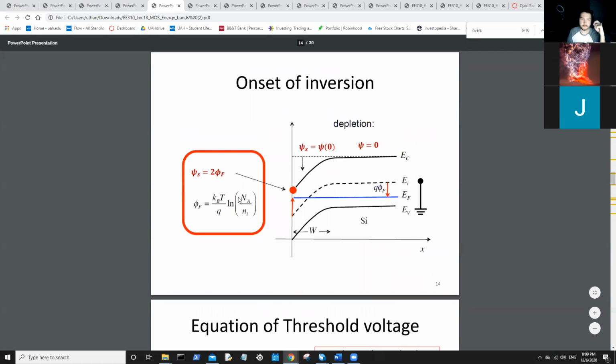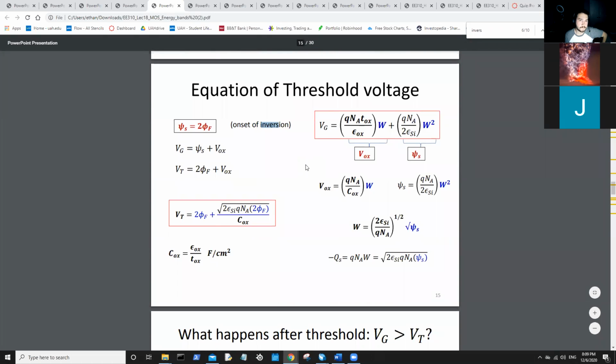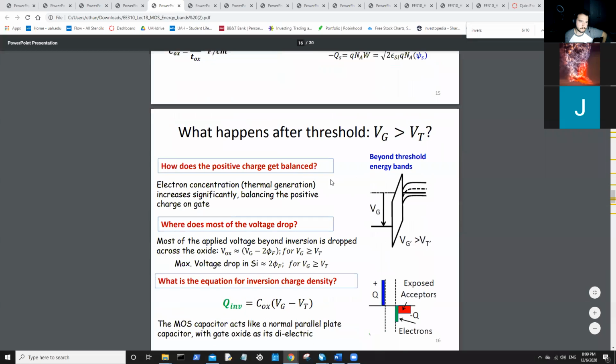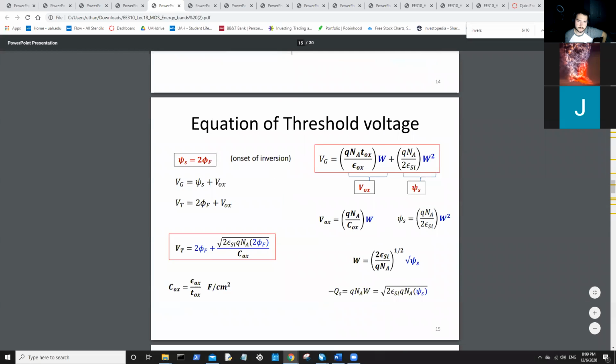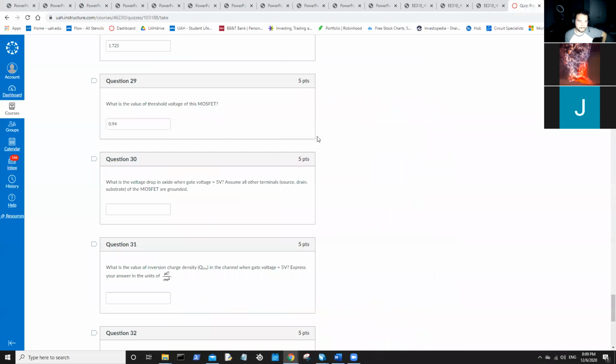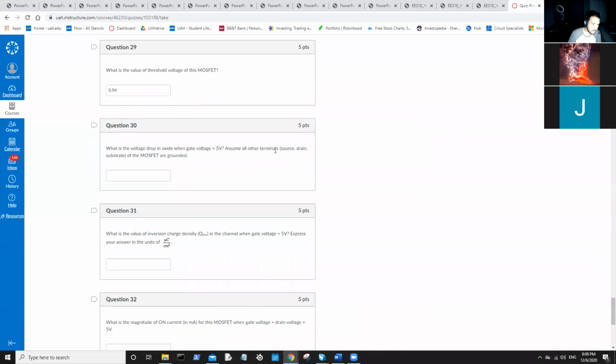No, we know about this equation already. This is important to know because this is definitely a question that's going to get asked. It was asked on the homework and it's being asked here. So this means we're in inversion since we're obviously in the on state, since we're past the threshold voltage and everything's grounded. The voltage drop in the oxide